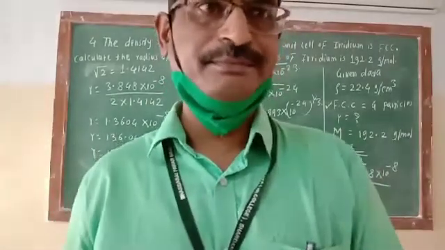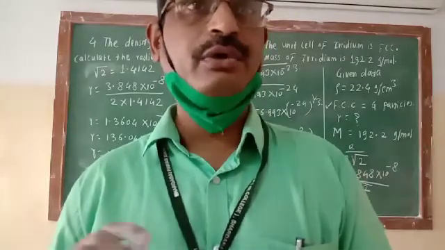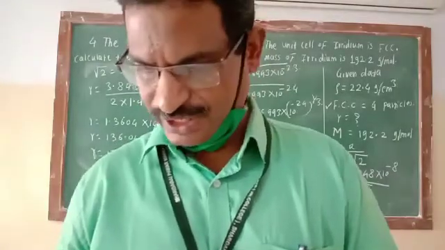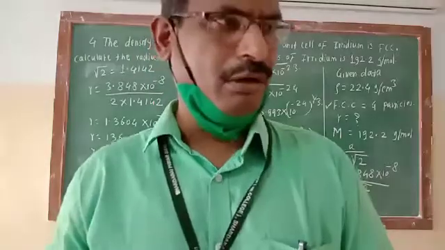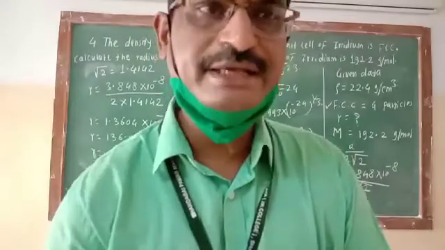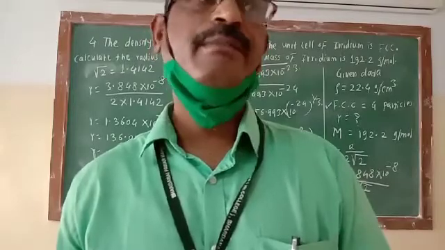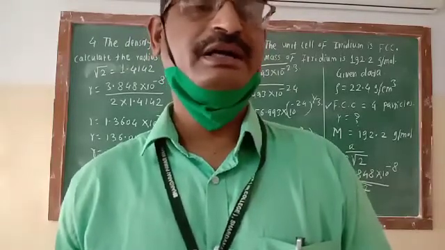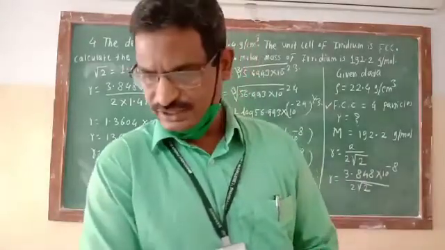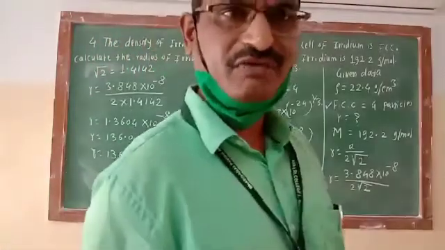For the solution of the problem, we must know how to evaluate the square root and how to evaluate the cube root. That is the important type of calculation over here. The calculations must be performed carefully, because otherwise the subtraction of log, observing the log, or observing the antilog may cause difficulties and incorrect calculations. So perform the calculations carefully. This is problem number 4. Now let us see problem number 5.